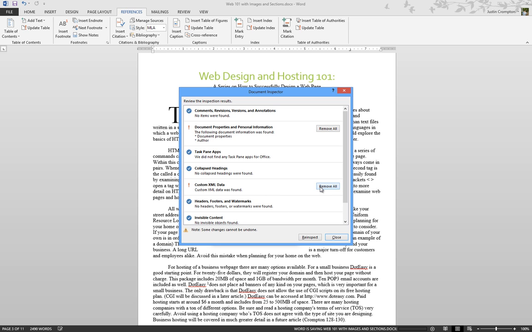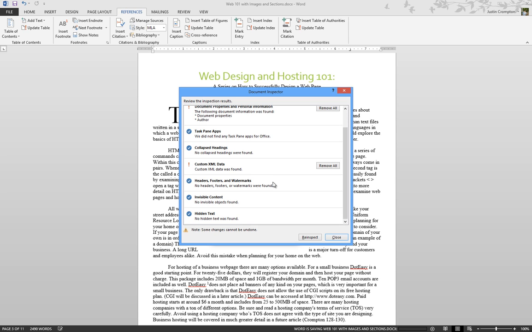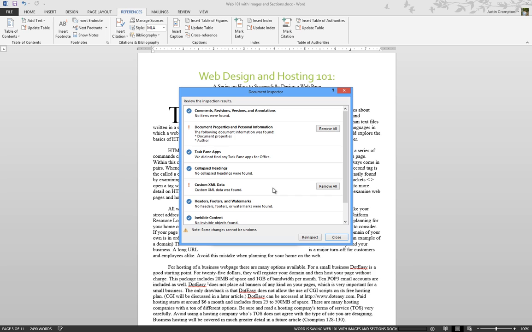It found some custom XML data, some keywords or tags. Because this is a file about web pages, I had it tagged. And those are the two things that it found. If I click remove here, it'll remove those from my document. So I'm going to close that,